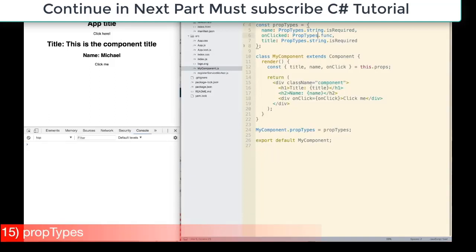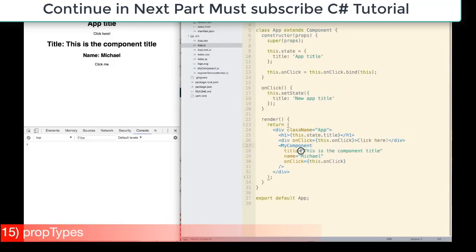Now let's go back to our app.js file. Now let's change one of these so it's not passing what the myComponent file is expecting. So let's change this to a number. Save